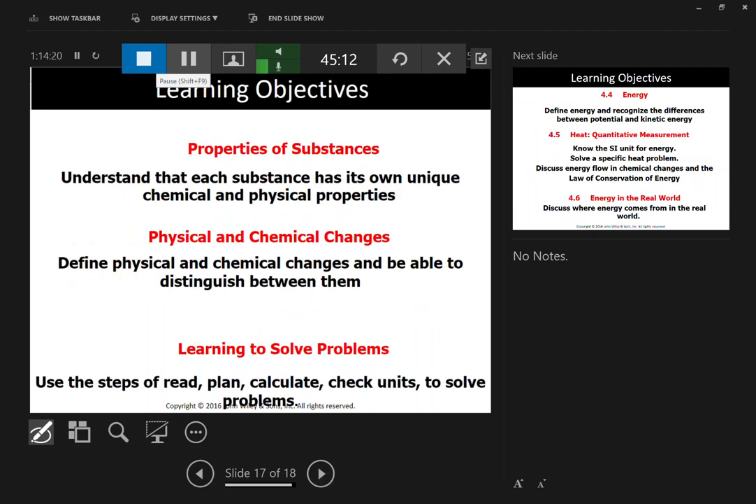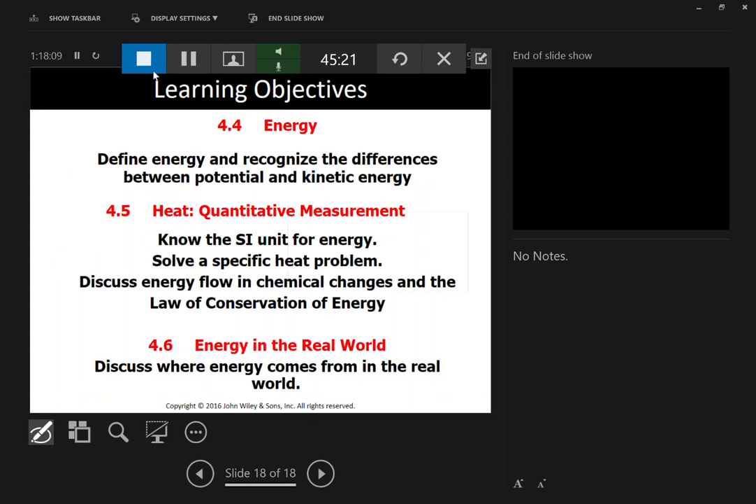So we learned properties of substances, physical and chemical changes, and also energy, the quantity of